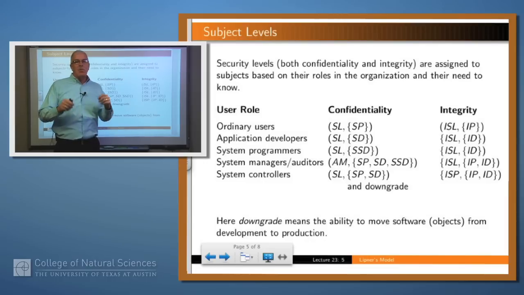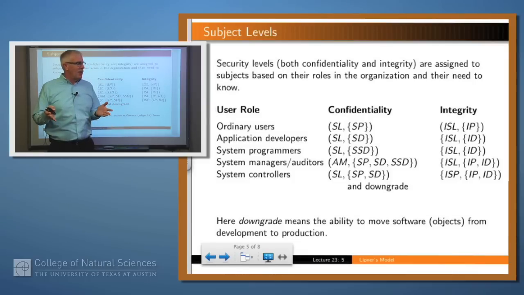Given that we've got these labels, now we just assign labels to subjects and to objects. Rather than assigning them to individual subjects, he assigned them to roles within the system: ordinary users, application developers, system programmers, system managers, and system controllers, with confidentiality and integrity labels assigned to those. You'll notice something a little bit weird about this table: system controllers have an additional functionality called downgrade.